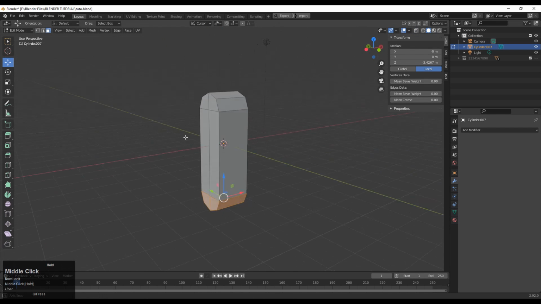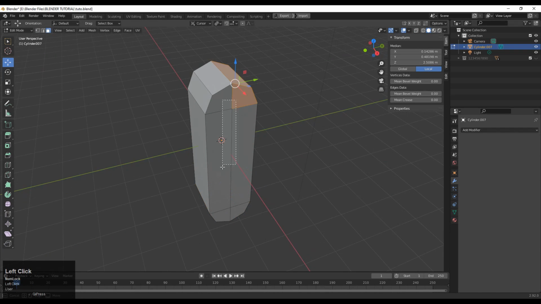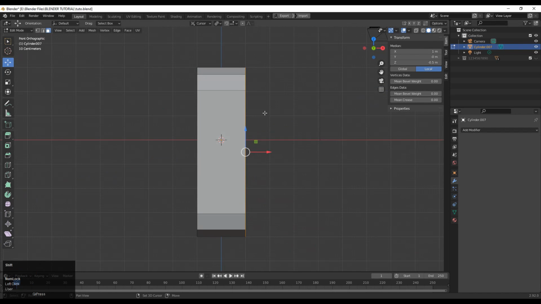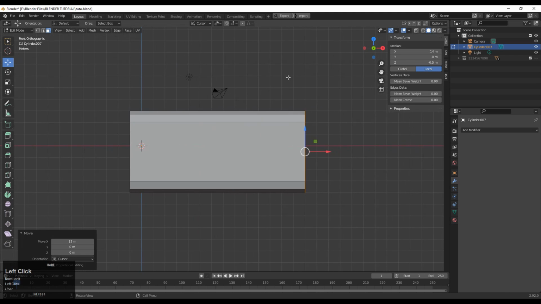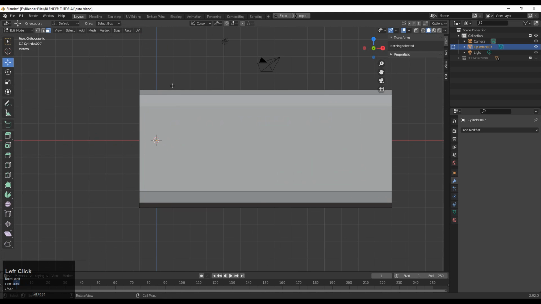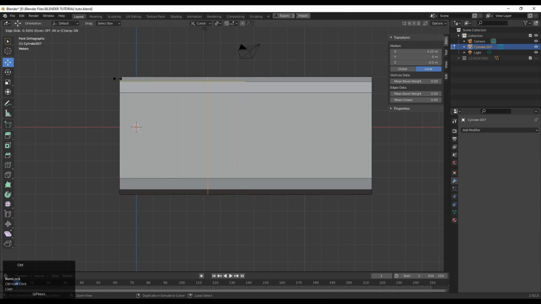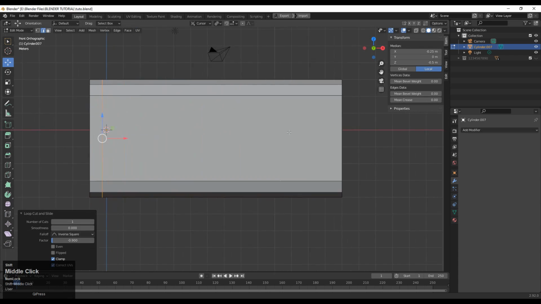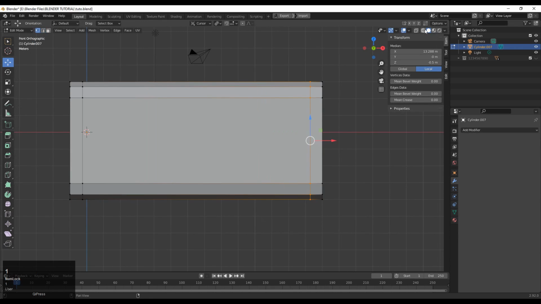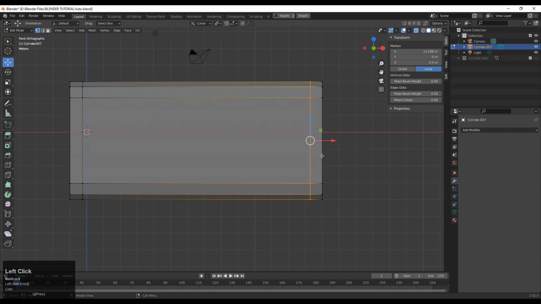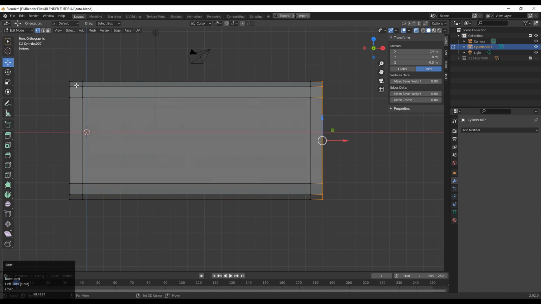After that you will get this kind of shape, and that looks good. Then select these faces and go to the front view and move them along the X-axis, and that's it. And now we need to start to add more loop cuts on it, because we will use the subdivision surface modeling method. So we will add the subdivision modifier. So that's why you need to add the loop cuts like this.